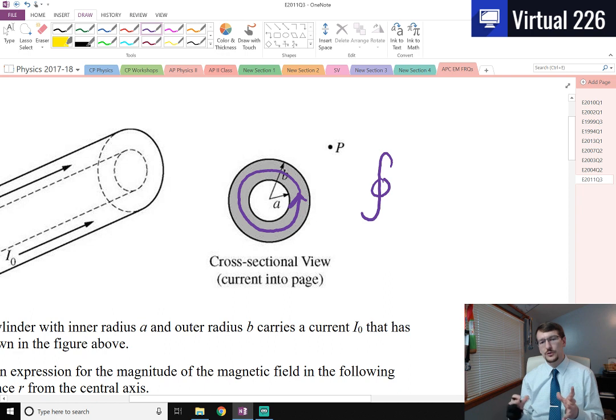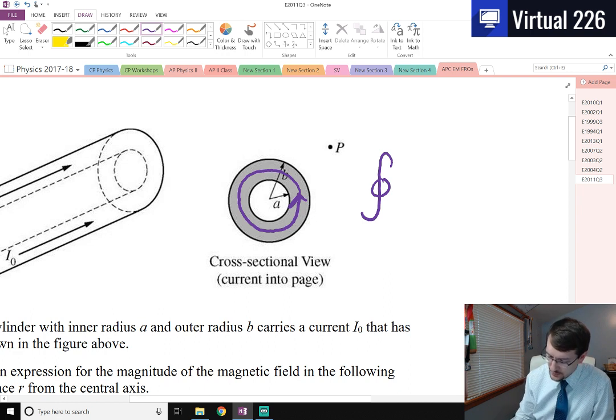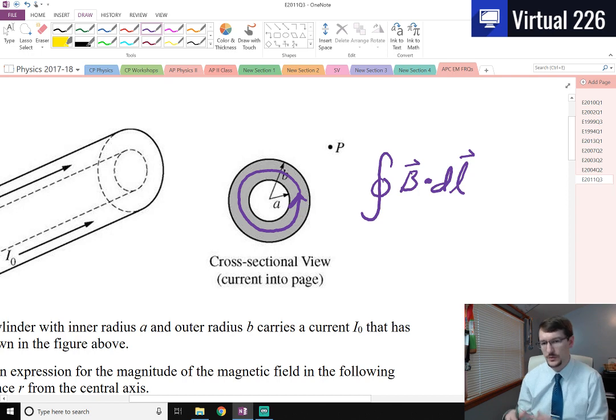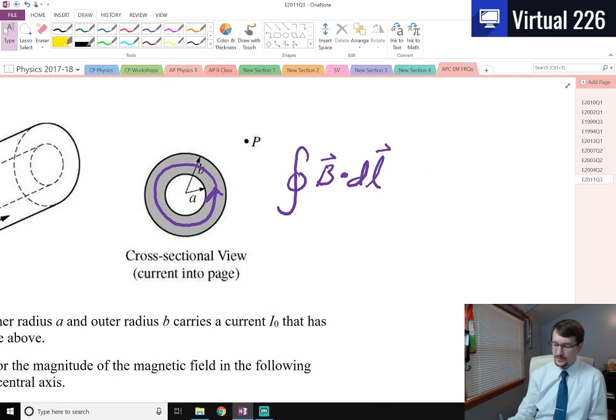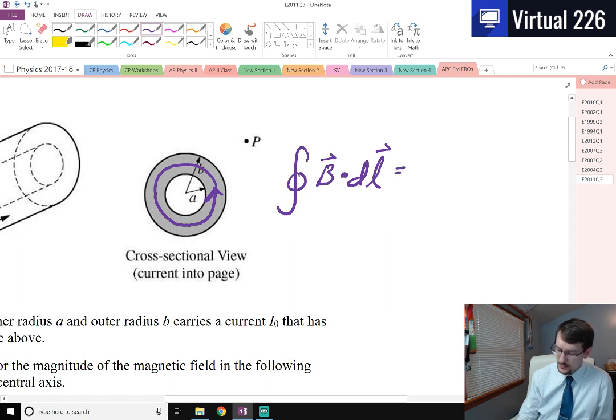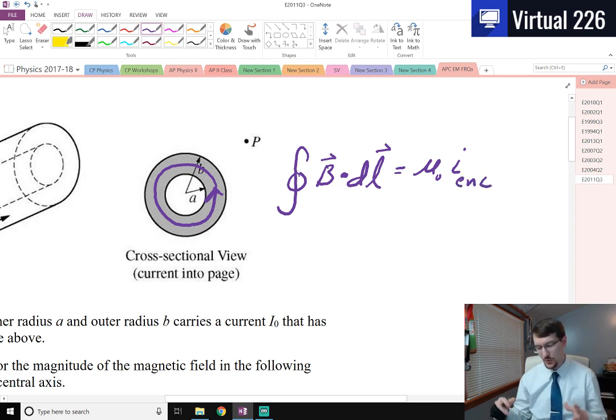And what we're trying to find is some amount of B field through some amount of length. Okay, this is a dot product here. These are acting in the same direction. And if we go through this length, this will equal mu naught times the amount of current enclosed within that